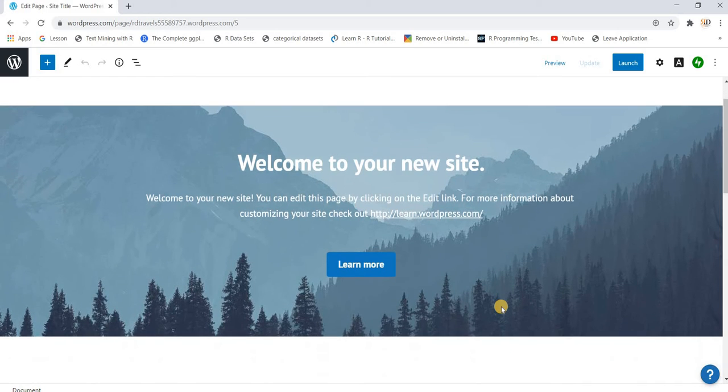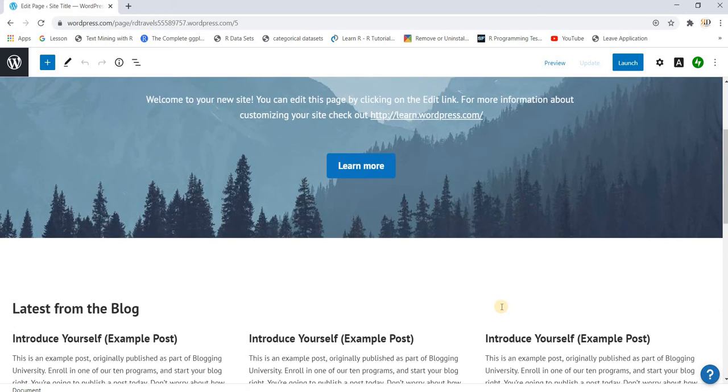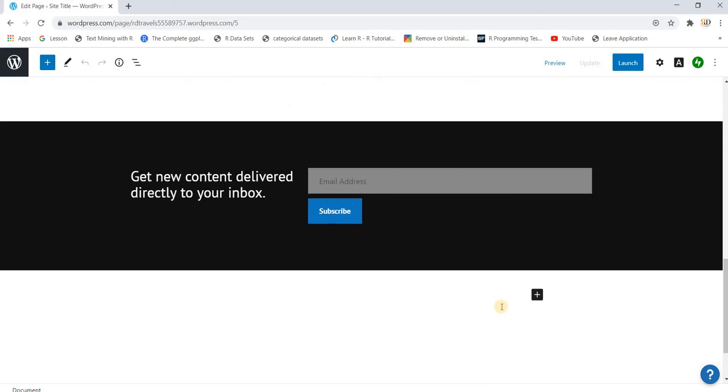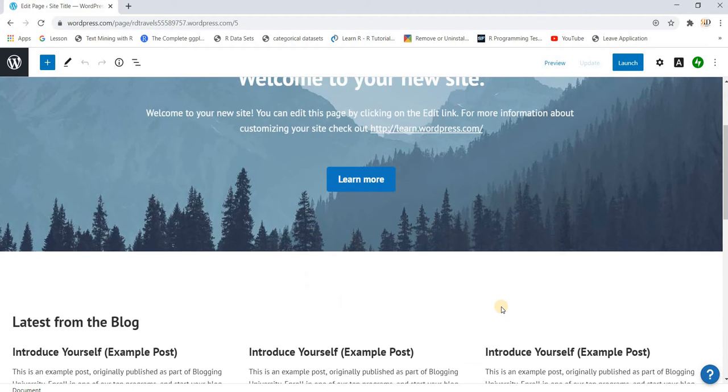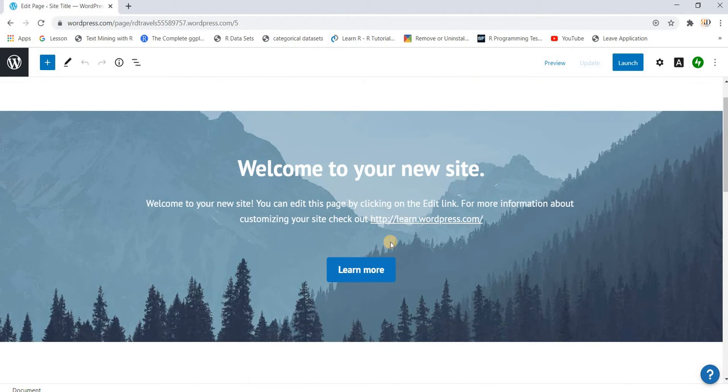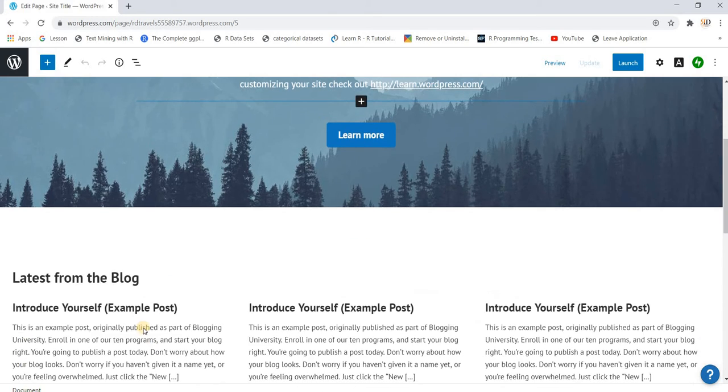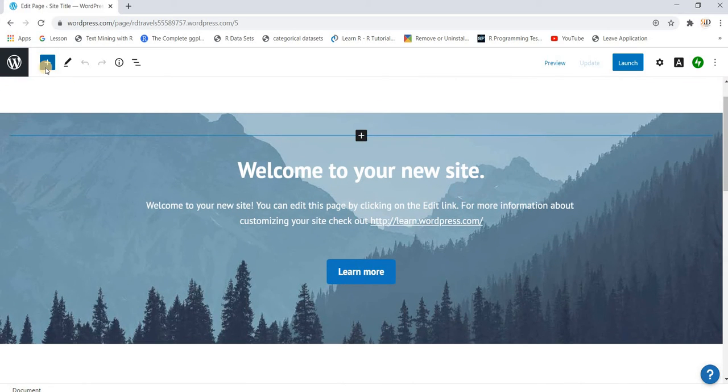Now this is my site. Okay, this is how my home page looks. Okay, now let's see. If I want to change it, let us see. Okay, you have options like you can see I can add a block. Okay, each element is a block. This is a block. Okay, these are various blocks. So if I want to add any blocks, I can go ahead and do it from here. This is how I can